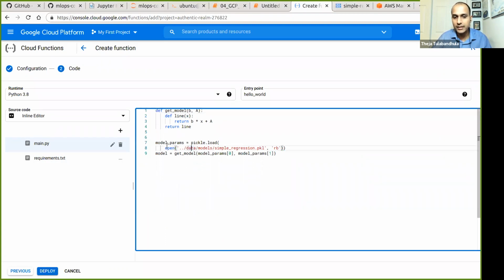Instead of opening a file from a disk location, which is not possible because now it's on serverless technology, and it's not even clear what this root means, we're going to just change this to the Google Cloud Storage location where we have just uploaded our model. Okay, so that's the only change. That's pretty much the change.